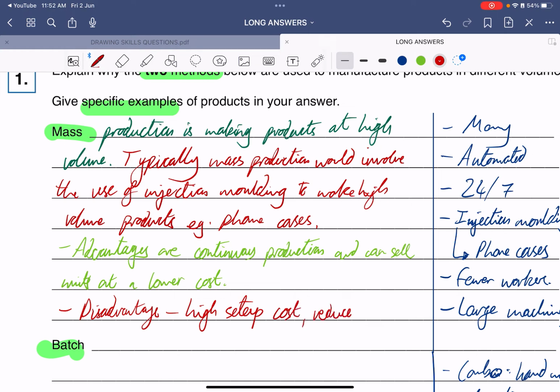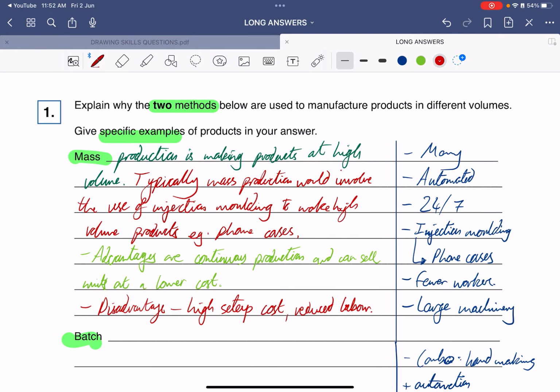reduced labor. Okay, so that's kind of my model answer in terms of me having a definition, I'm giving my examples, and I'm then giving the pros, or actually, let's just say I'm then analyzing. Now that's quite a winning combo, really, if you're following a good structure for an answer, because it's sort of like getting 1, 2, 3 marks, although it wouldn't be weighted like that. But another